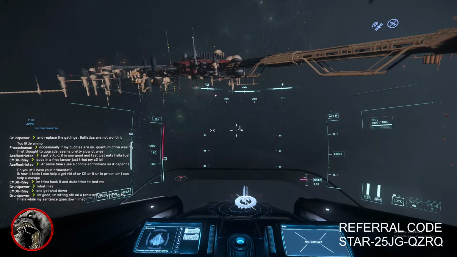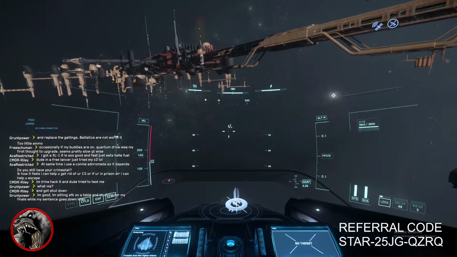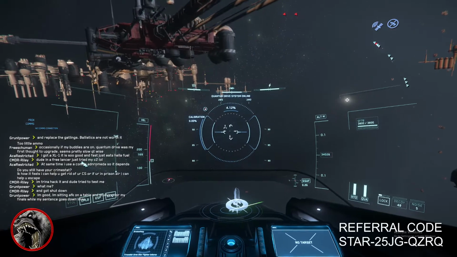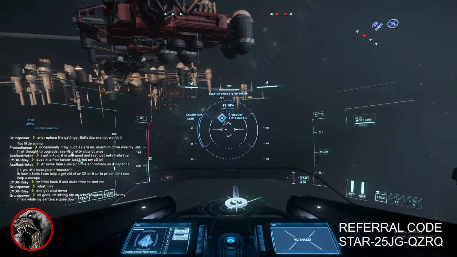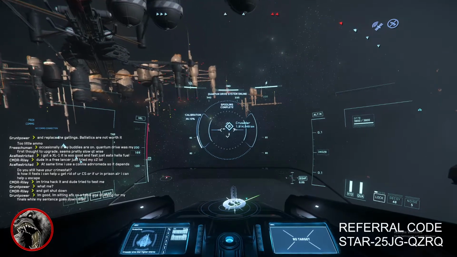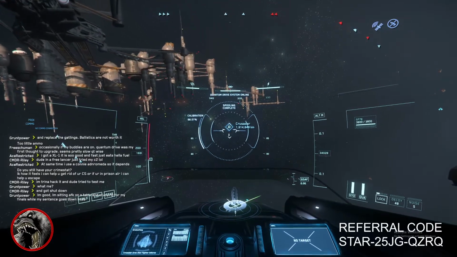I'll press tab to get away from it. I'll hit B to get ready to warp. I'll put it on the planet. Right now I'm just grinding these bounty missions to